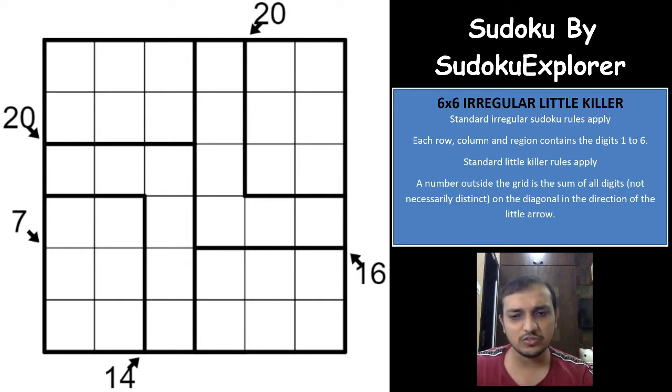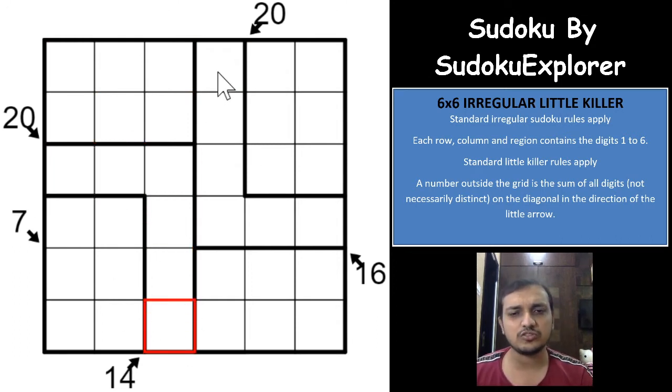Now coming to this Sudoku, this is a really small grid, right? 6 by 6, and making a very tough 6 by 6 Sudoku is a difficult task. The logic involved in this Sudoku is really marvelous. So the rules are you need to place 1 to 6 in each row, column, and irregular shaped box. There are exactly 6 irregular shaped boxes, as you can see.